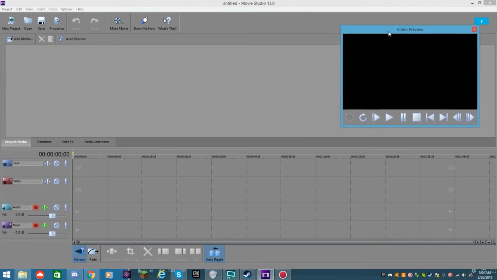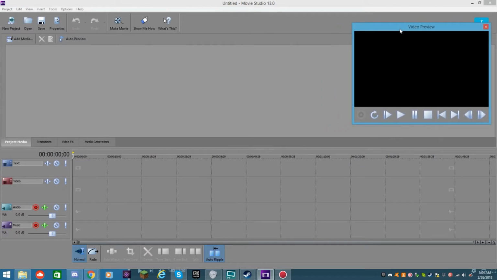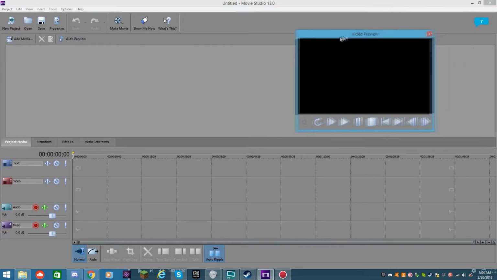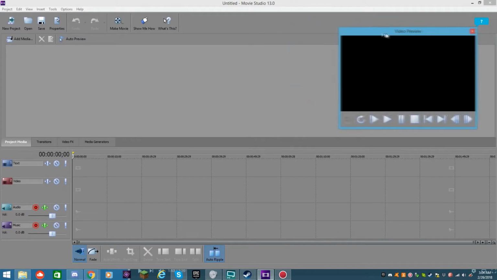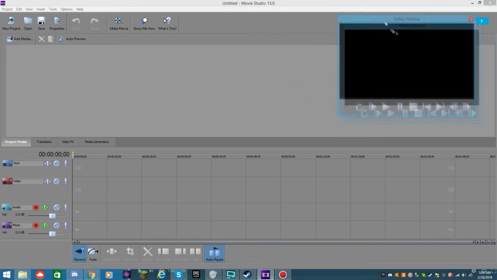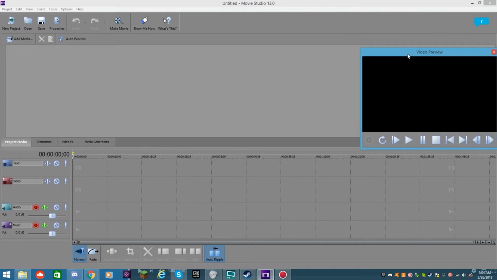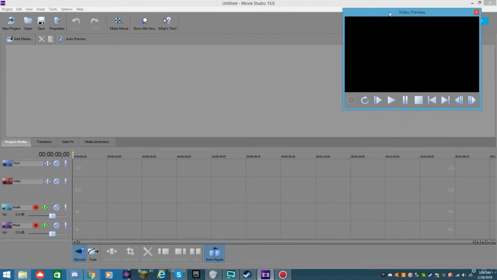Now, here's the problem. My Sony, or rather, Movie Studio Pro, is very glitchy, and for some reason, this was supposed to be part of this, and this video preview window was supposed to be part of that, but now it's just not. I accidentally pressed something that made it disappear, and the only way to get it back is to